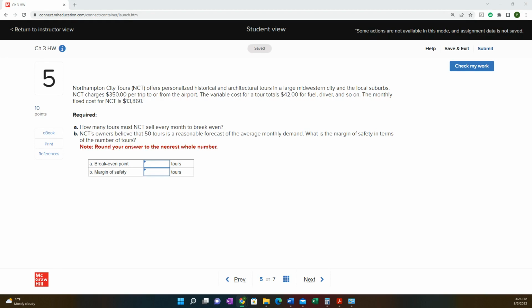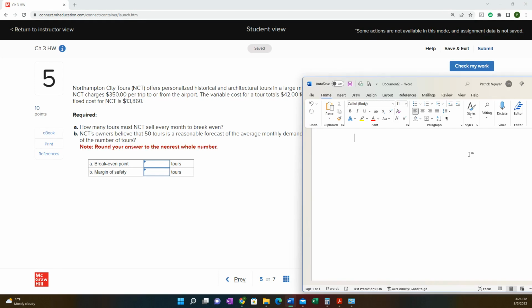The book gives us a formula which is profit equals sales price minus variable cost, multiplied by the number of trips or the number of items sold, minus your fixed costs. So for break-even point, we have zero profit. So we need to put 0 for our profit amount in the formula. We know that the sales price per trip is $350, and we have $42 in variable cost multiplied by the number of trips minus fixed costs of